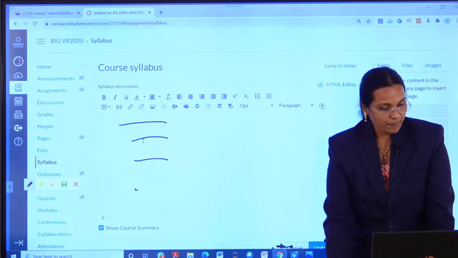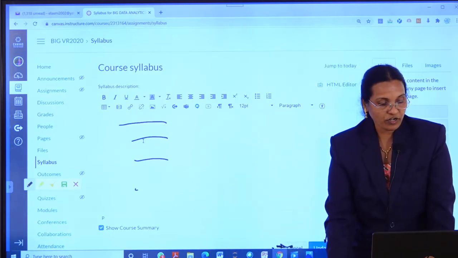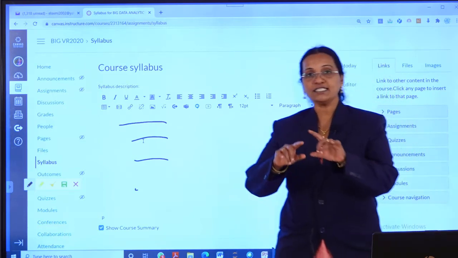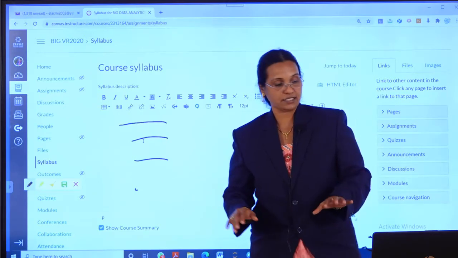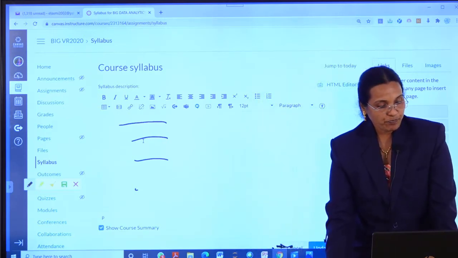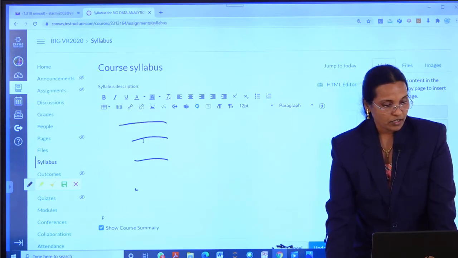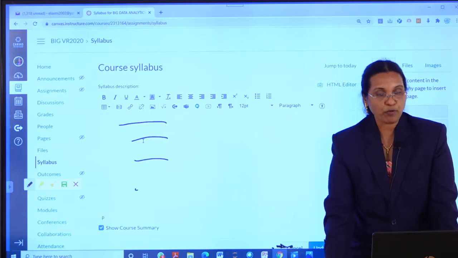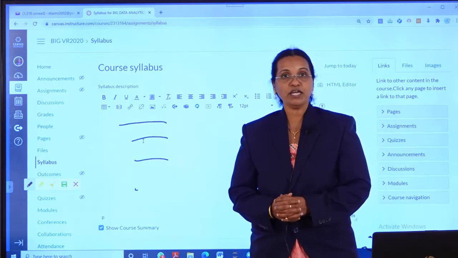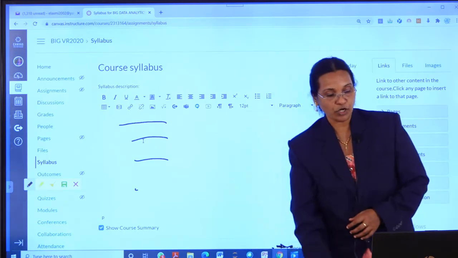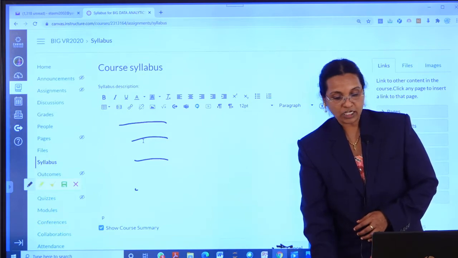And you can see here, you can give the gradings also for the assignments. Whatever the assignments are there, you can give the grades also. I will show you the Canvas course which has completely implemented all these things. You can see here, the most important is pages here. Whenever you want to upload any video, whatever videos you are having, you can upload the videos with the help of the pages,